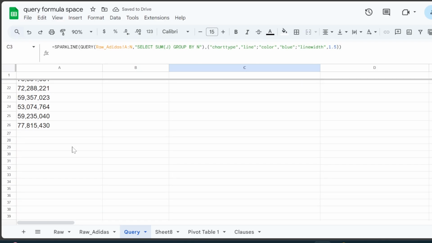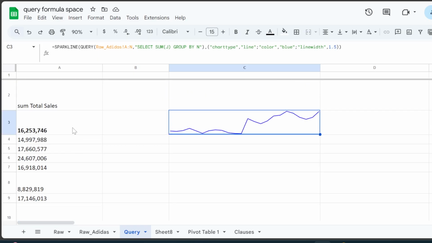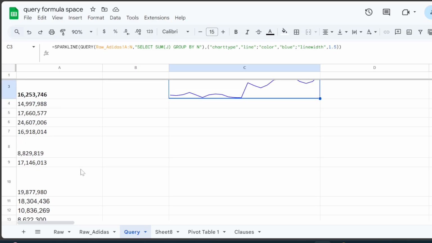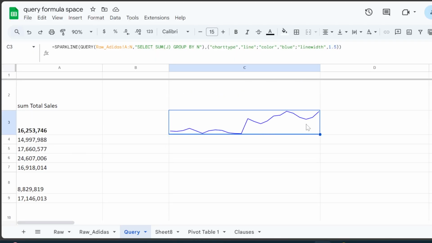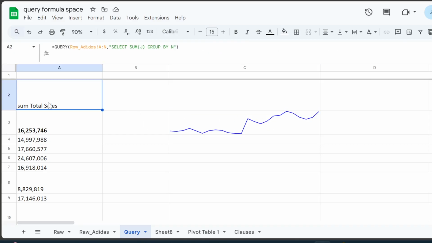Now, if you look at this table and the numbers like this, you really don't know whether it's going up or down, which instance it's gone up, which instance it's gone down. But you put it in a graph like this, and suddenly you know how the trend is going, right? There's a big jump over here, and there's another big jump over here. There was a dip here. So you can then go to those specific points and see for which month it fell off, right? So if I go back here and add that column again,